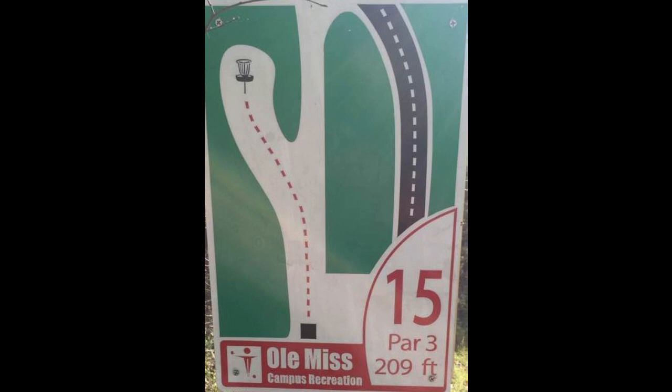On the hole 15 here. Say goodbye. What's going on? This is a